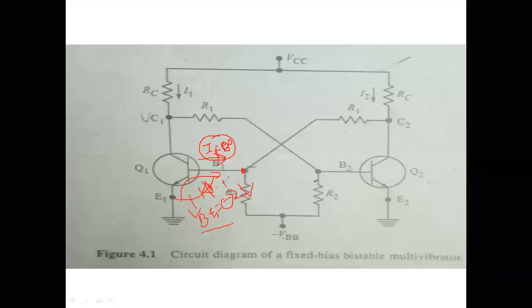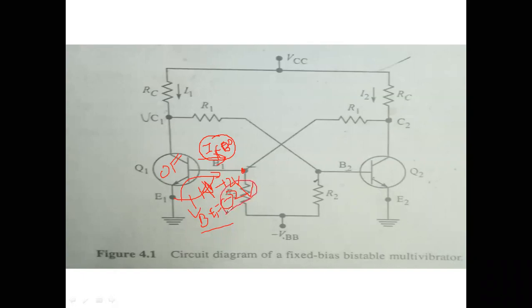If we apply a positive 2 volts, then this diode will be in forward bias. Therefore, since it is an off transistor, we should not apply the positive voltage. We have to apply the negative voltage. Then only this diode will be in reverse bias. That's why we take it as -2 volts.